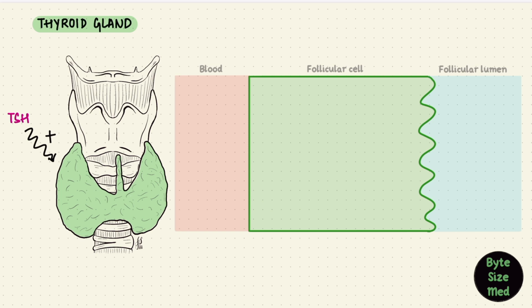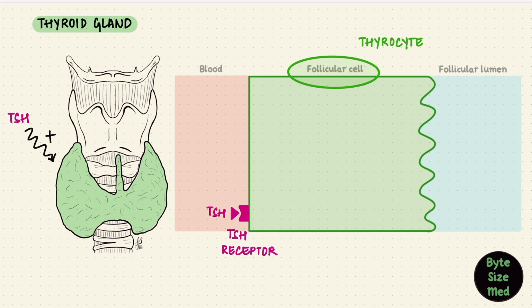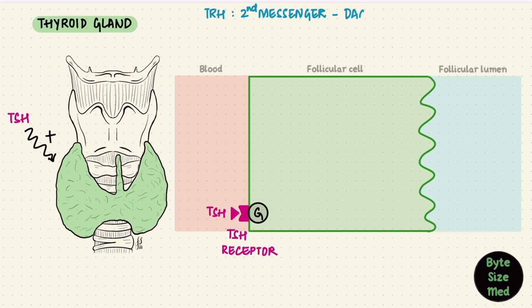So it has TSH receptors on the thyroid gland. These receptors are located on the thyroid follicular cells, also called thyrocytes. Note how they sound similar to thyrotropes, but thyrotropes are in the anterior pituitary, thyrocytes are in the thyroid gland. Now we're talking about TSH receptors on the thyrocytes. Again, it's a G protein coupled receptor, but a different G protein here, different second messenger as well. With TRH, it was DAG and IP3 that worked as second messengers. Here, with TSH, it's cyclic AMP.